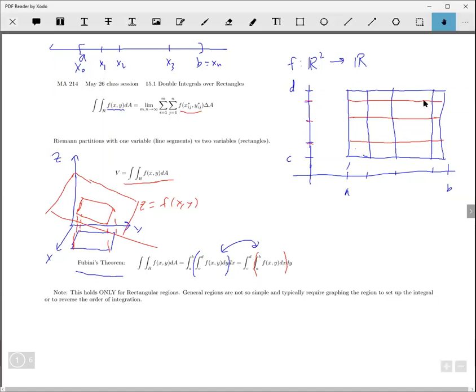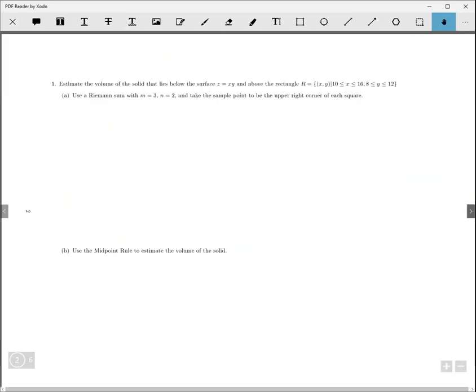Okay, so we'll cover that in 15.2. So now we're still in 15.1. So let's look at the first exercise